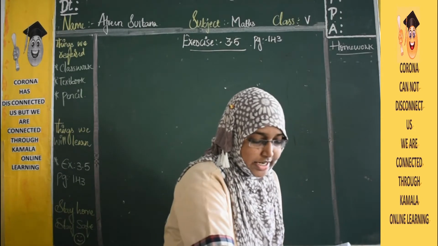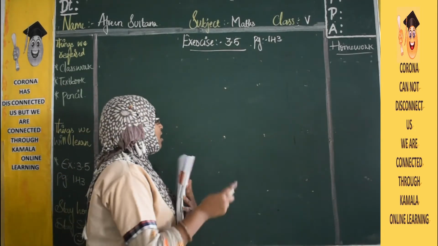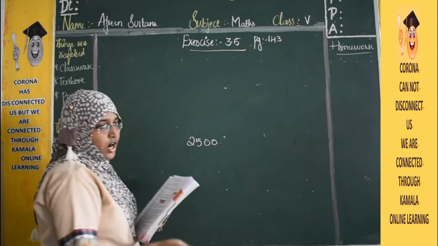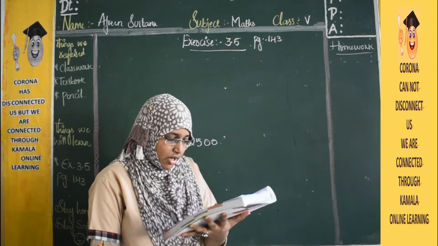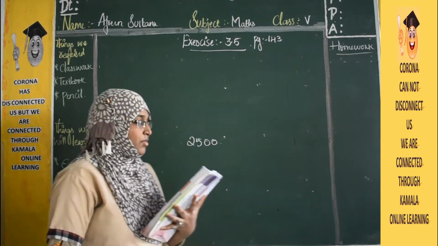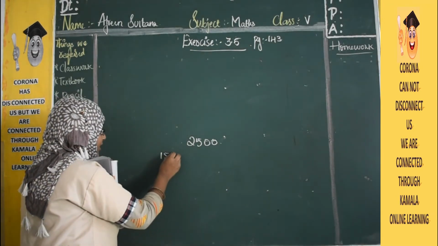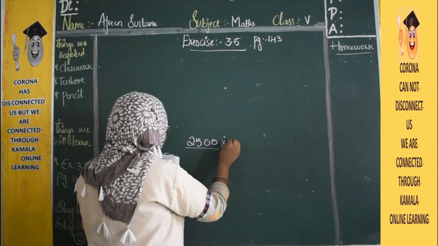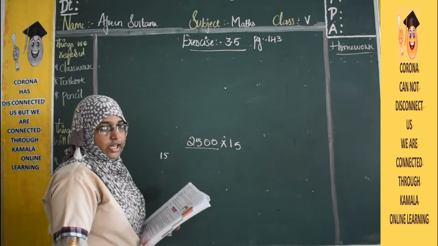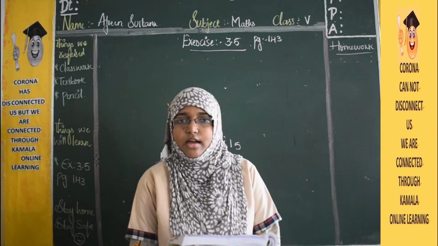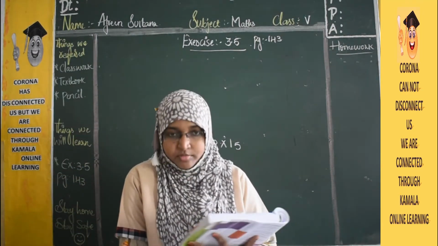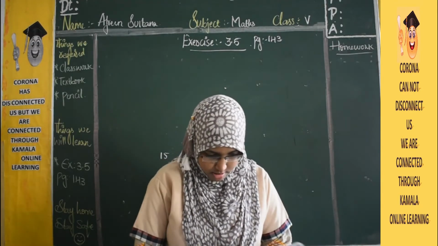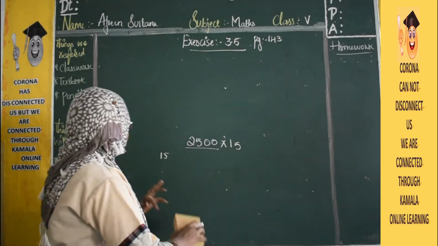They are telling us that a lady, Mary, has been depositing money every month. She has started depositing rupees 2,500. So how much money would she have deposited in 15 months? After 15 months, how much money might she have deposited? What we will do is multiply 2,500 with 15. We will get the amount she has deposited in 15 months. 15 months means more than 1 year, right? Okay, so let's start. Please note down your question.